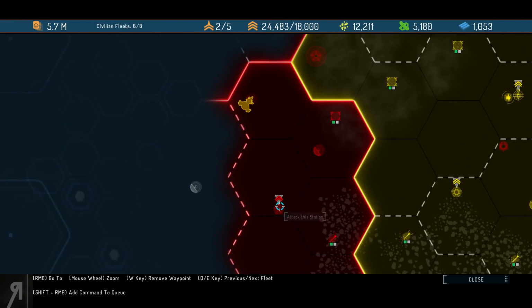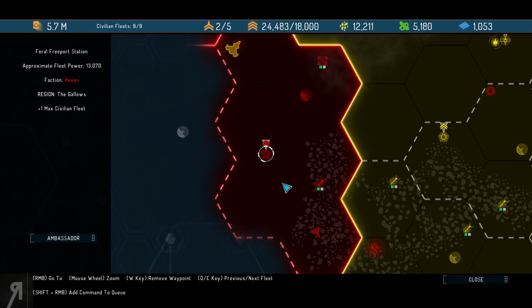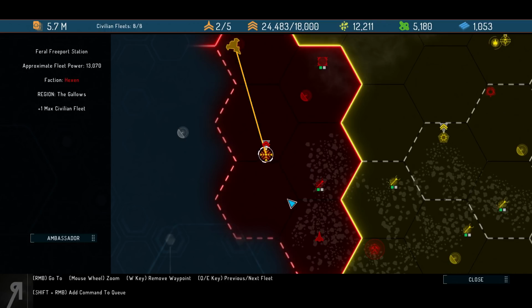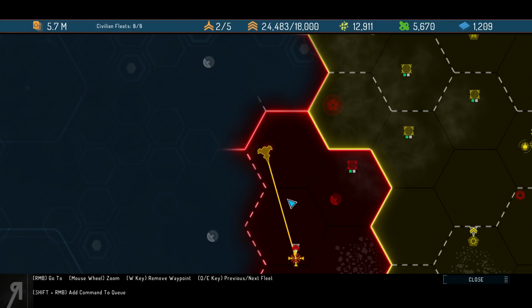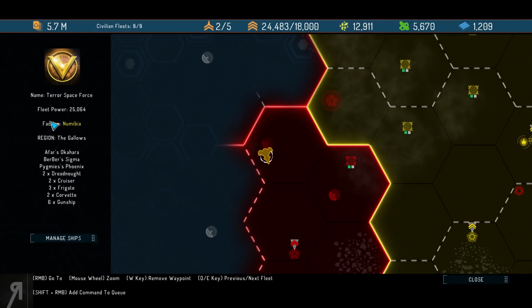Anyway, let's take a look here. Attack this station, 13,000. Shall we try and take this space station? Let's try and take the space station. Let's do this. I think we pretty much have a fleet that is capable of doing that, but I'm just a bit worried about it. You can see here, look,